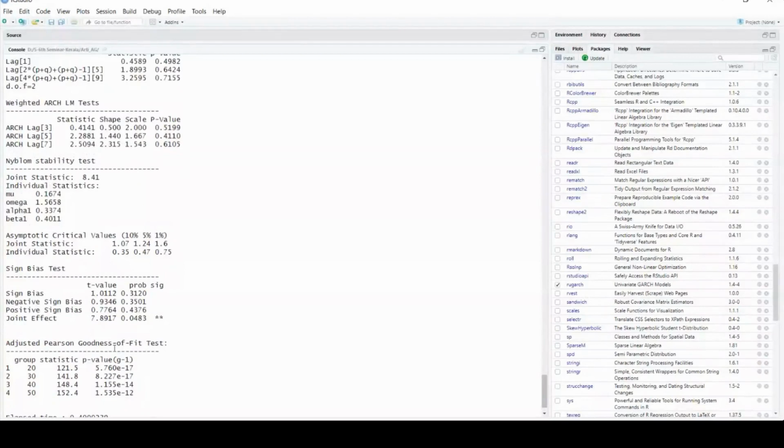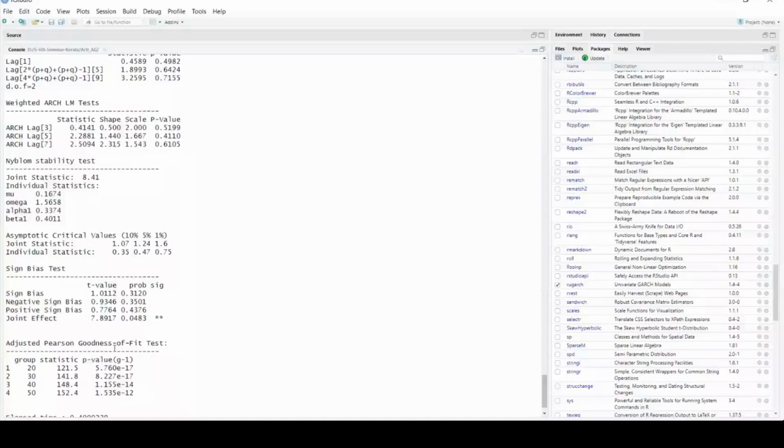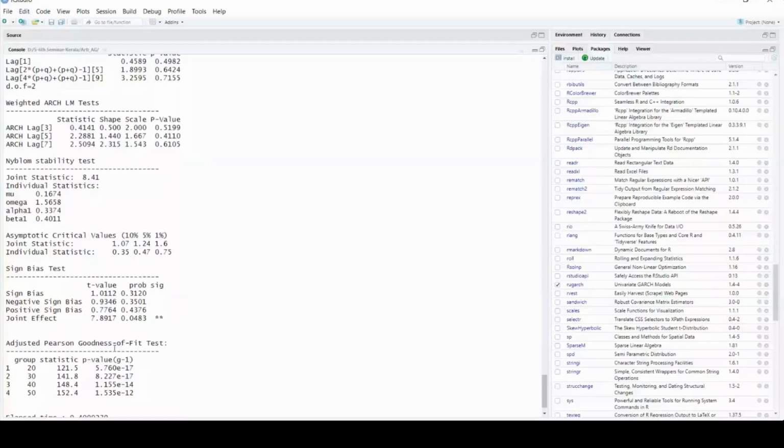Now, if you map everything I have discussed from the beginning until now: the density plot showed that the normal distribution is not the best fitted distribution for my data, and now my GARCH results also tell me that the normal distribution model with GARCH 1-1 is not a good fit. I have scope for improvement. Can you correlate the things together?